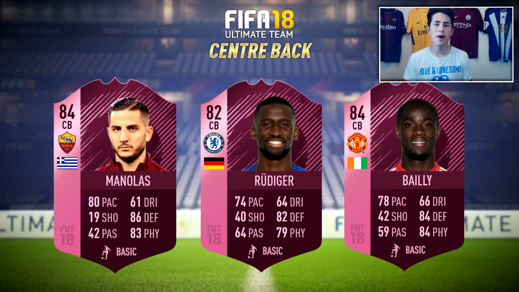Next up, we've got the centre-backs with some very familiar faces in here. So we start off with Kostas Manolas, and then we've also got Antonio Rudiger and Eric Bailly as well. I think a lot of people would vote for Bailly just because he's so overpowered and popular on this game, and also the key factor, he plays in the Premier League. And I obviously agree, he's very, very good on this game, but I think I'd vote for Manolas just because